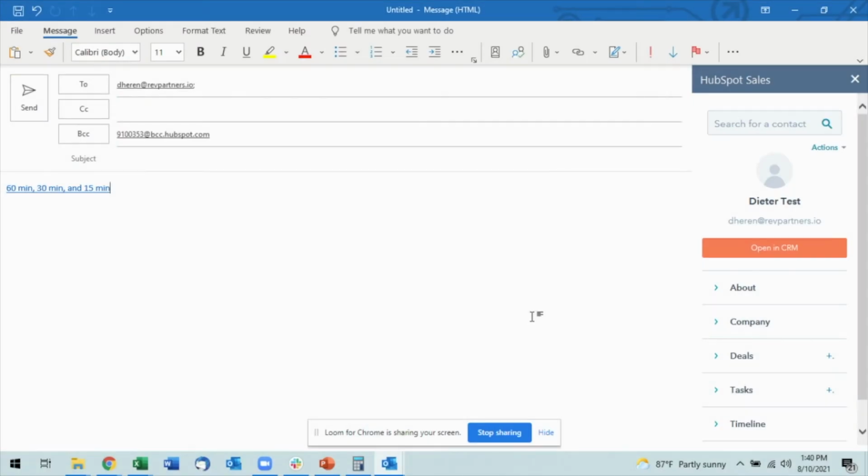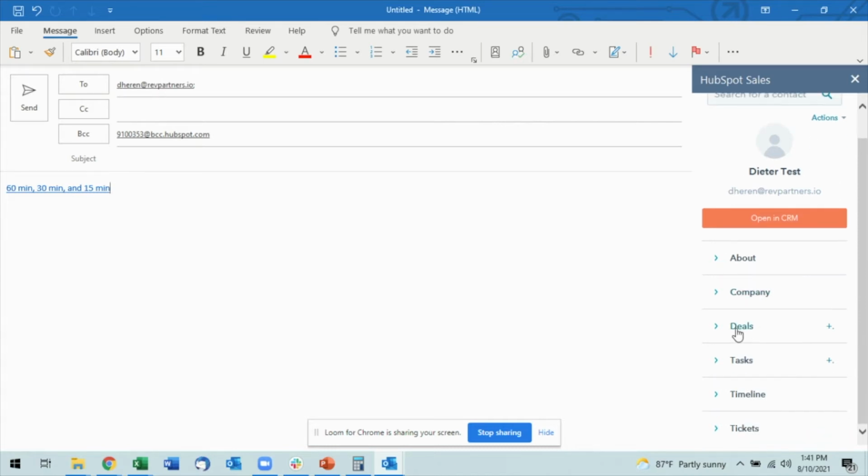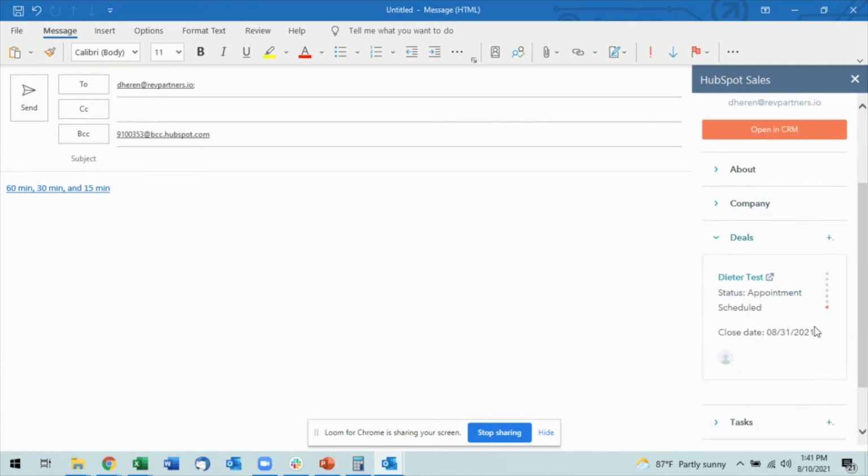can actually create or edit a deal directly from Outlook. You'll see here I have already input the name of the person that I want the email to go to. I will have then the sidebar pop up, which will show me their profile. And I can come down here to deals, and I can see that there is a deal directly within the